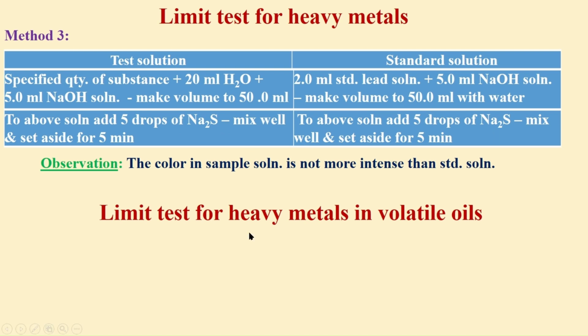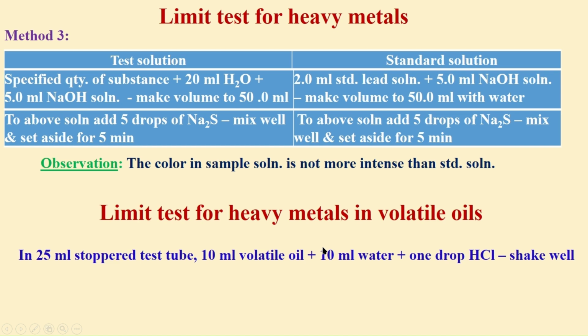Heavy metals are also present in volatile oils, and to know that the heavy metals in volatile oils are within the limit, we conduct the limit test for heavy metals in volatile oils. In a 25 ml stoppered tube, we take 10 ml of volatile oil and add 10 ml of water